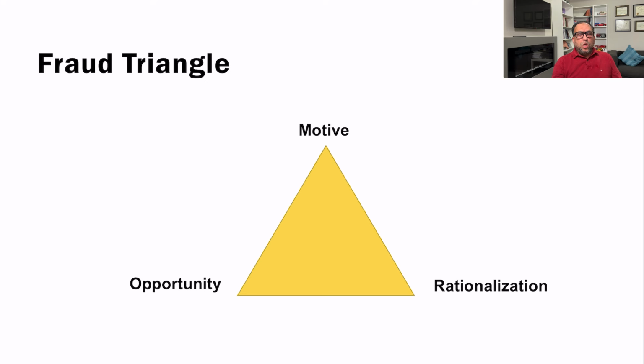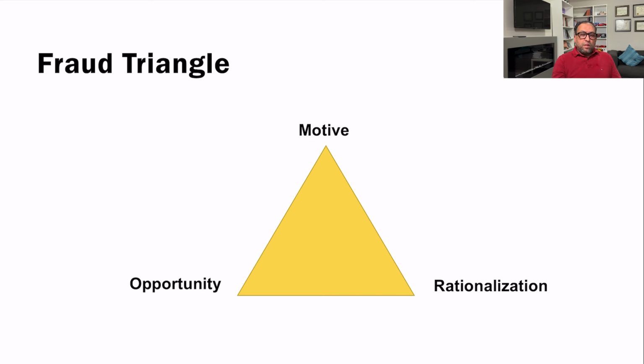Now, why do people commit fraud? This triangle explains the rationale, or you can say the logic. Fraud, as we mentioned, is often intentional. So there is a motive: they want to get money, or a promotion, or a bonus. All these reasons can make them misappropriate assets or present fraudulent financial statements. The objective is to get a benefit, or something which you cannot get in a genuine way. So this is the motive.